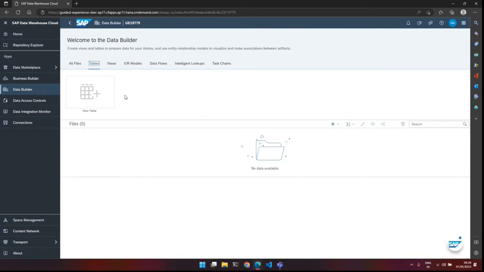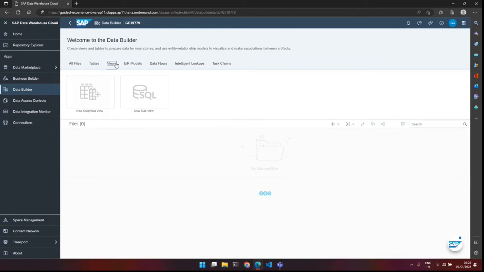But the user will see a physical table and a remote table in a very similar way. He will not find any differences. He will only see the columns, the dimensions, the measures and their properties, but he will not see any difference in the underlying architecture of how the table actually works or how it stores the data. Right? So that is the core building block of your data foundation.